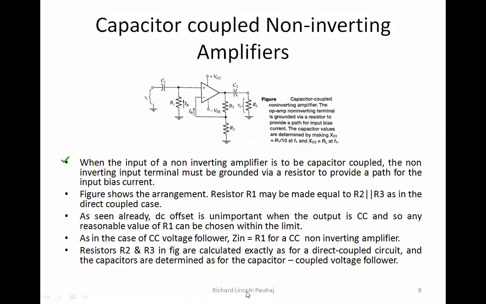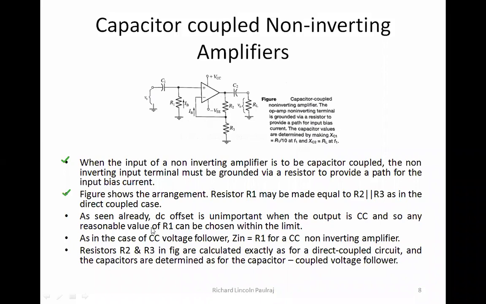It's a voltage divider combination, isn't it? Yes or no? Remember, students? Yes, it's a voltage divider combination. So this R1 is made in such a way that R1, R2, R3 are parallel to each other. As seen, DC offset is unimportant at the output when the output is capacitor coupled. And so any reasonable value of R1 can be chosen within the limit. So R1's value can be chosen, and the DC offset at the output